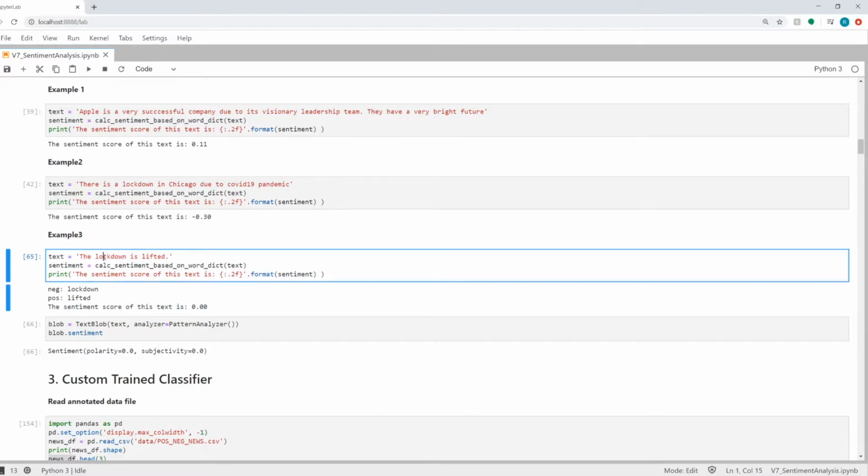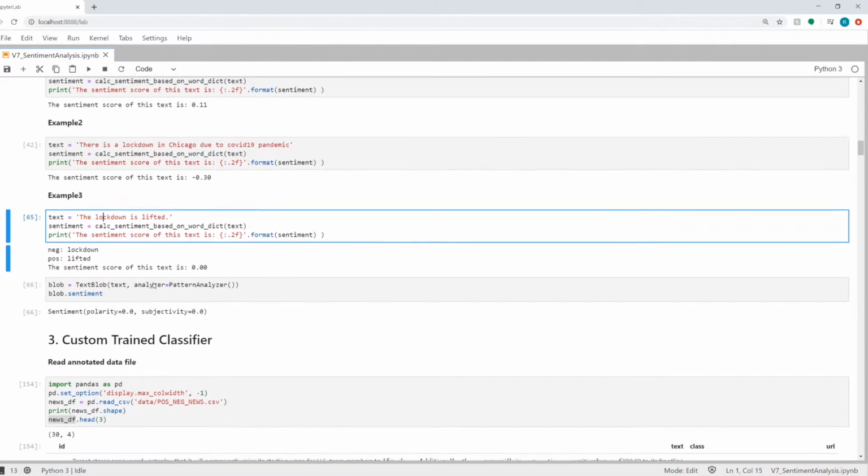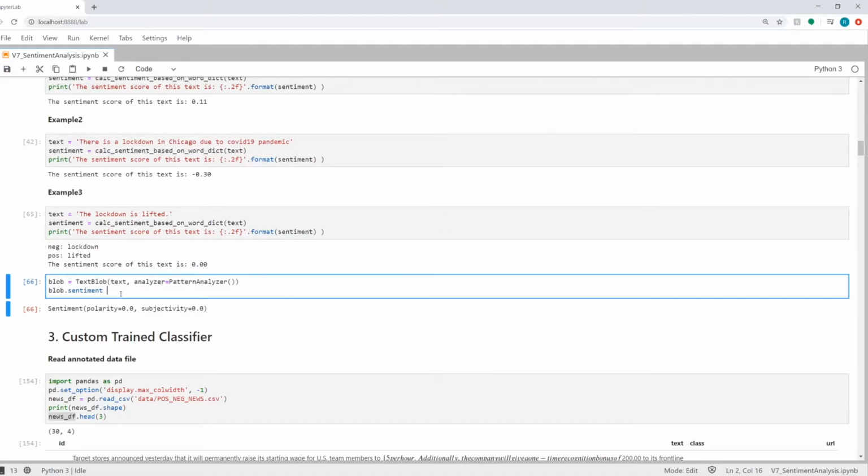So you need to be careful where your methods will fail. So if you have a very short piece of text, maybe this method is not suitable for that. You need to try out all the methods on your dataset and test out various scenarios before you put any of these methods into production. And lastly, I'm just showing how this text is being analyzed by the pattern analyzer. It's also giving it a polarity of 0 because the text is too small for the pattern analyzer to find any kind of pattern in there.